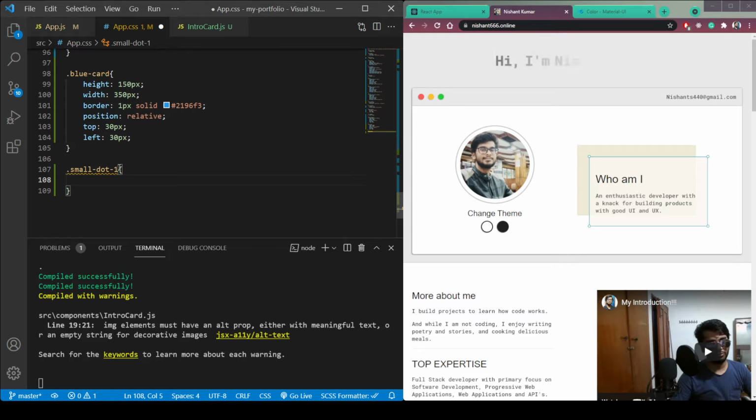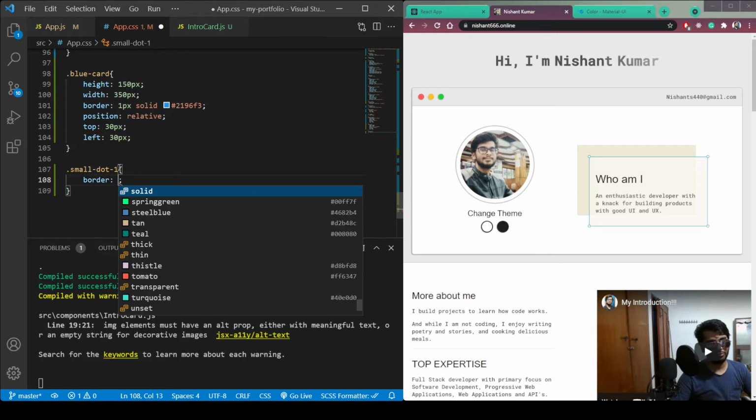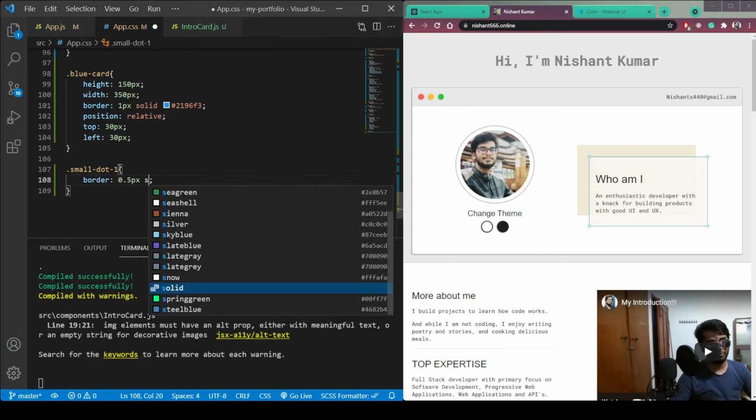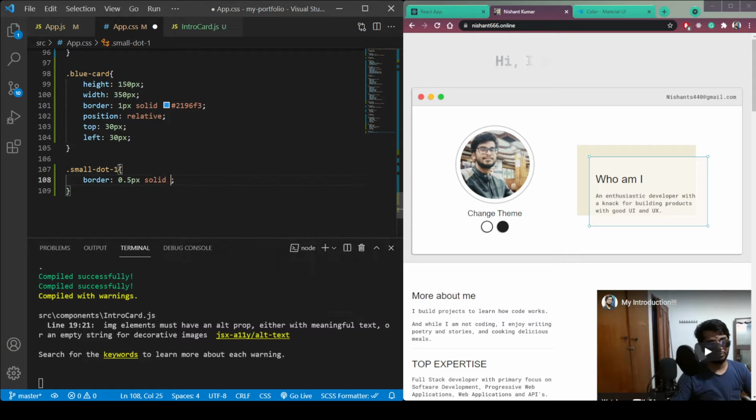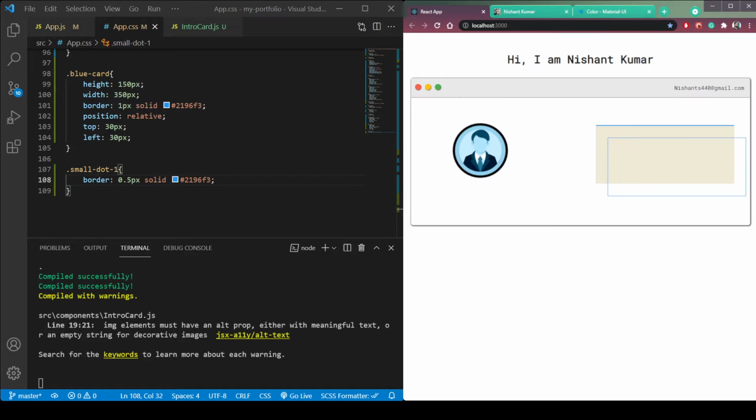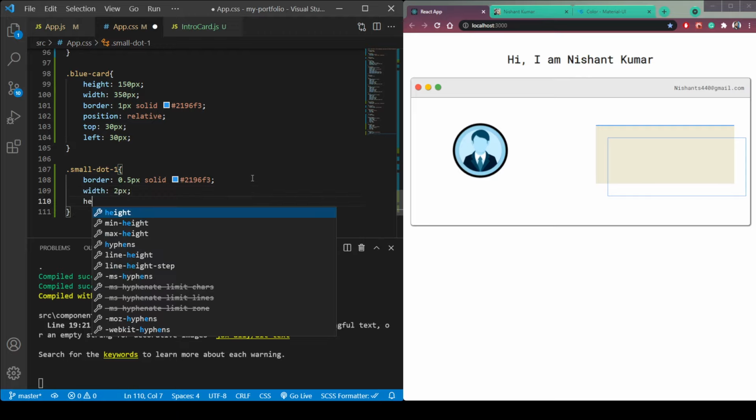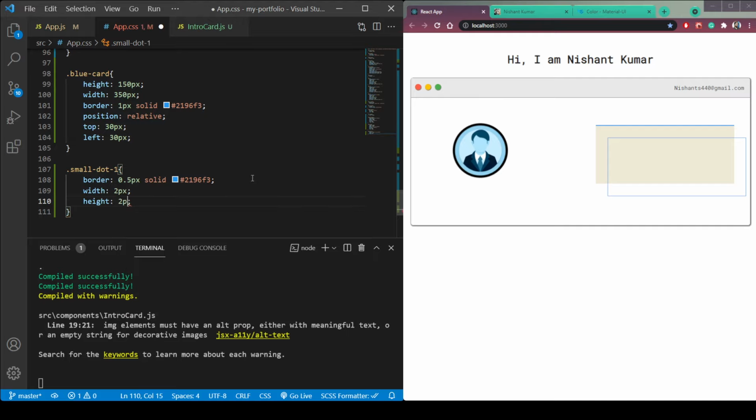Let's give it a border of 0.5 px solid, and then this color, which is blue. So copy this, paste it here. We need to give it a width of 2 px and a height of also 2 px. You can see, but the dot is very small, so let's try 10 px.